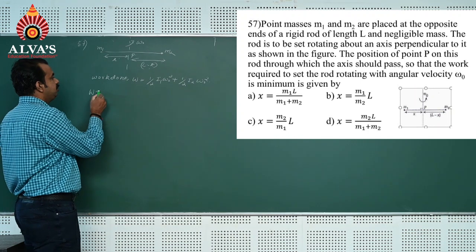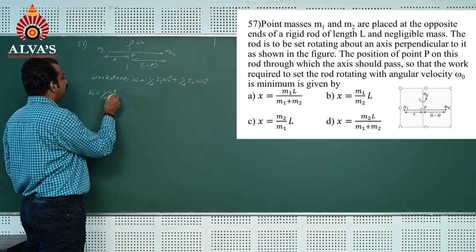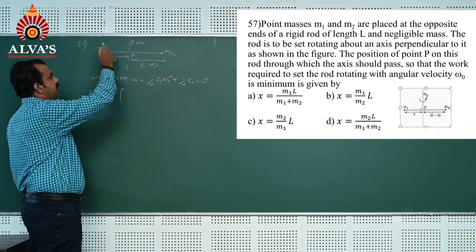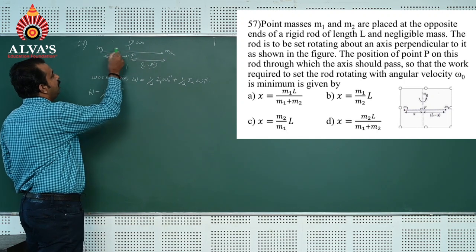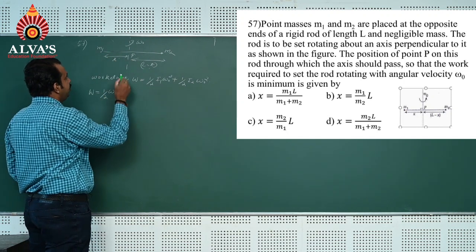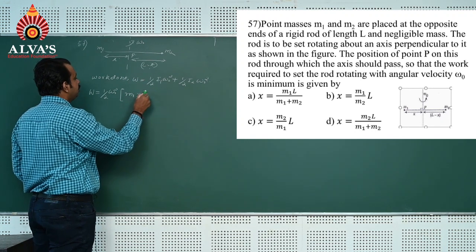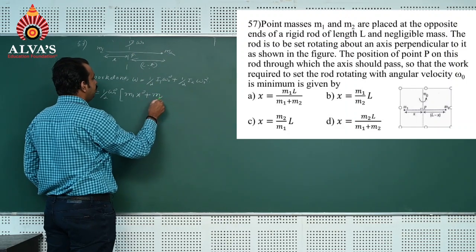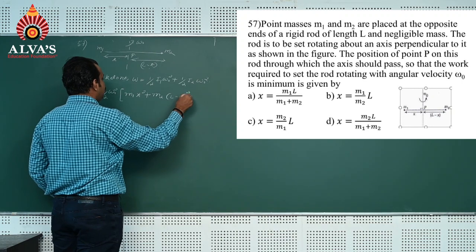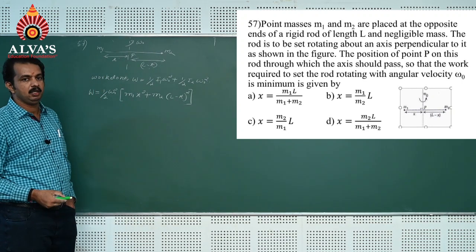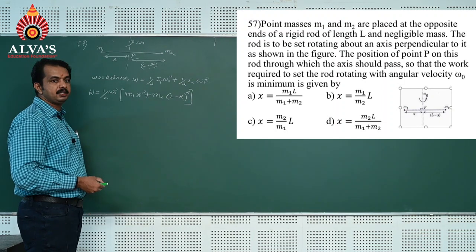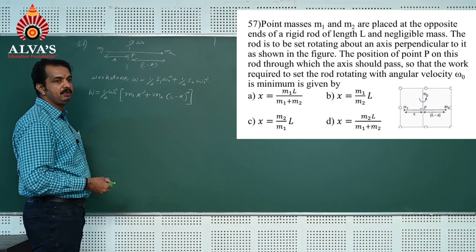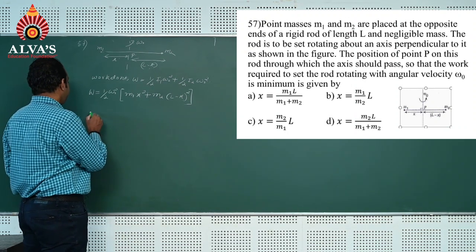So the work done W is equal to half I1 omega naught square plus half I2 omega naught square. That is, work done is equal to half omega naught square, which is common, times I1, the moment of inertia of this mass about the axis. This mass is at a distance x from the axis, so we write m1 x square, plus the moment of inertia of the other mass about this point, which is m2 into L minus x whole square. Now the question asked is, to have minimum work done, what should be the value of x? Work done is minimum